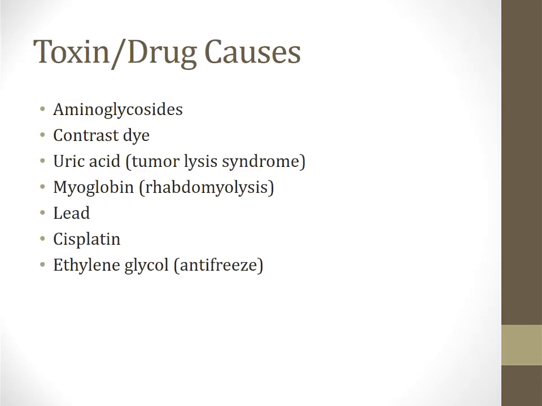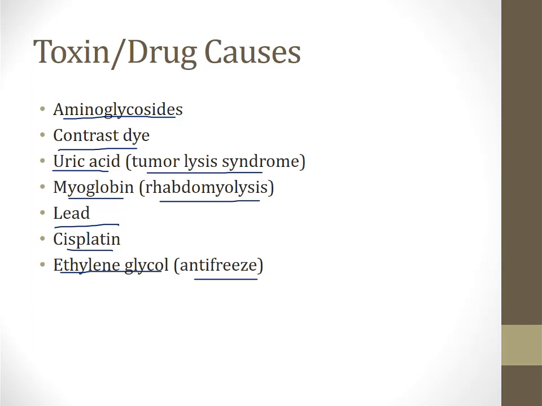Some of the toxins and drugs that can cause tubular necrosis are listed on this slide. So aminoglycosides are famous as antibiotics that have renal toxic side effects, and they can cause ATN. Contrast dye that's administered for CT scans can cause ischemic ATN. Uric acid pours out of cells in the tumor lysis syndrome, and this can cause ATN. And rhabdomyolysis also has myoglobin spilling into the plasma, and this can lead to ATN. Lead and cisplatin, which is a chemotherapy agent, are famous for causing ATN. And then finally, ethylene glycol, which is an antifreeze. If people drink this as part of a suicide attempt, they can get ischemic ATN in addition to an anion